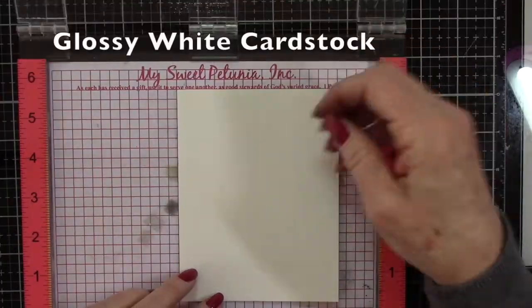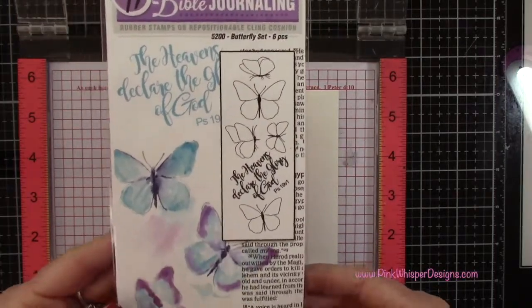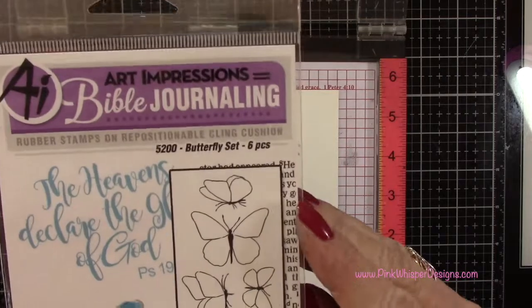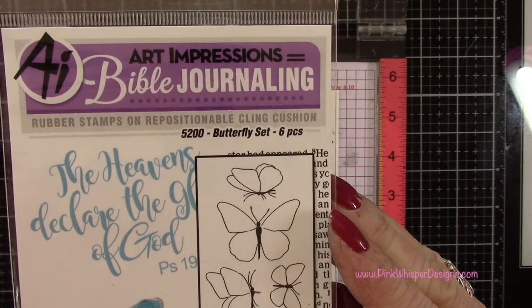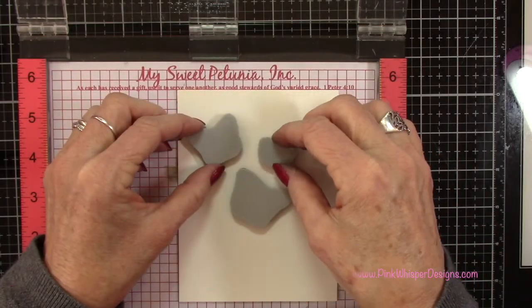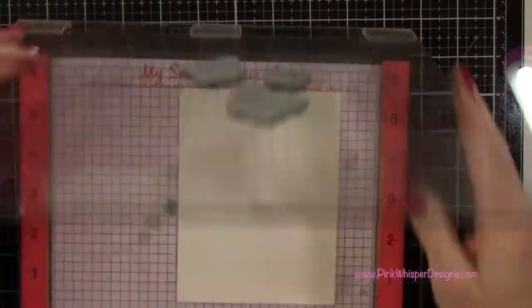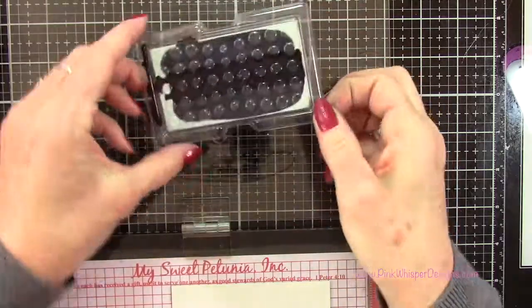So to get started with the stamping, I've placed some glossy white paper, white cardstock in my MISTI, and I'm going to be using these beautiful butterfly stamps. And these are from the Art Impressions Bible Journaling Collection, and this is the butterfly set. So I'm going to just position these butterflies just randomly on my cardstock here. I do like to start kind of in the center of my cardstock and work my way out towards the